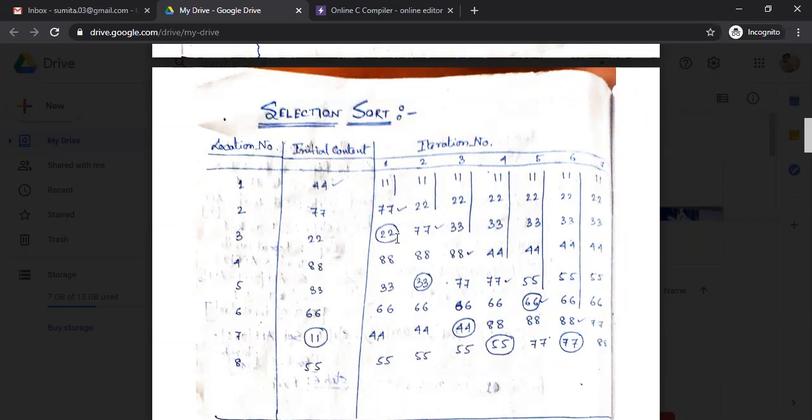So in every iteration, we first find the smallest element, then we compare the array's assuming element with this selected element, which is the smallest element of the remaining part of the array. And if the assuming element is greater than the selected element, which is the smallest element of the remaining part of the array, then we interchange the positions of these two values and move on to the next iteration. So this is a simple procedure of selection sort.